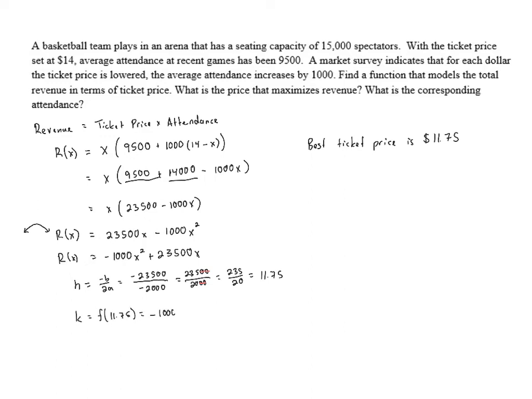Negative 1,000 times 11.75 squared plus 23,500 times 11.75, which ends up being $138,062.50,